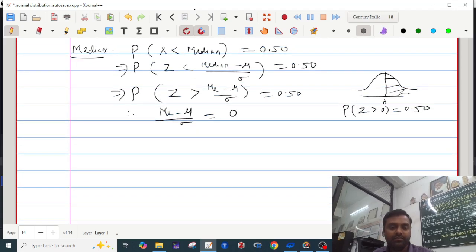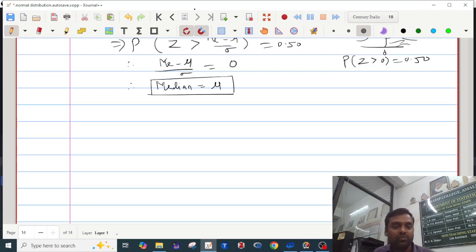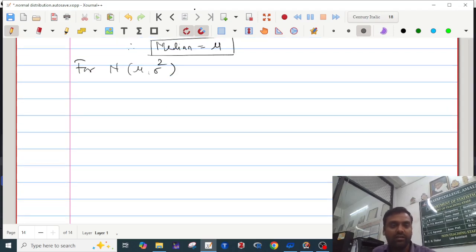Solve this, you will get median is mu. That's it. So for normal mu comma sigma square, q1 is mu